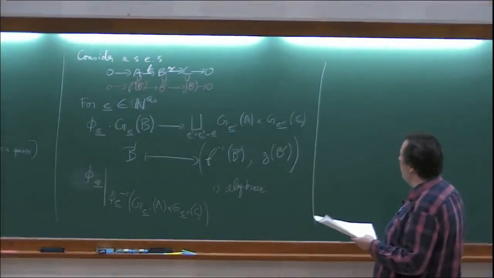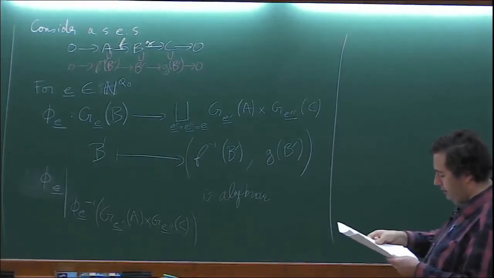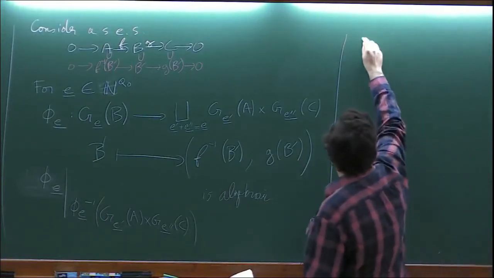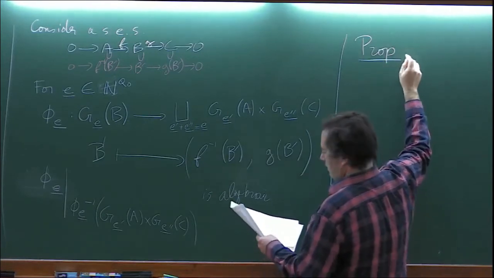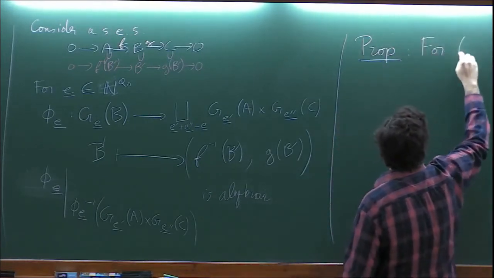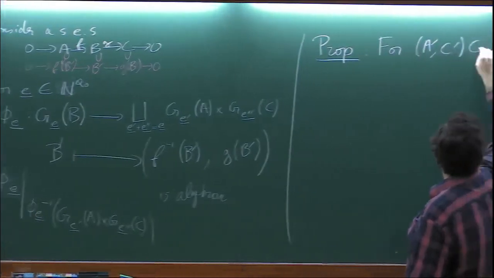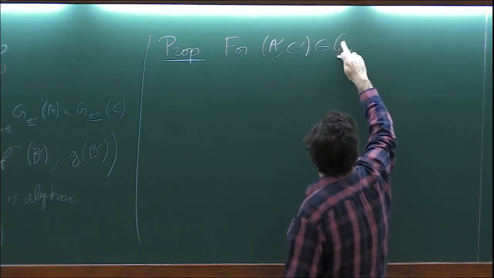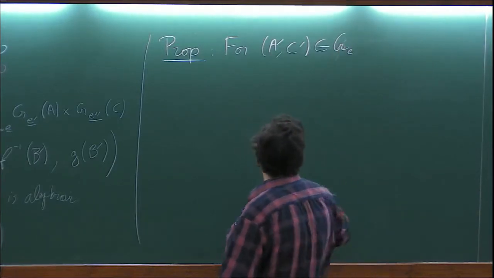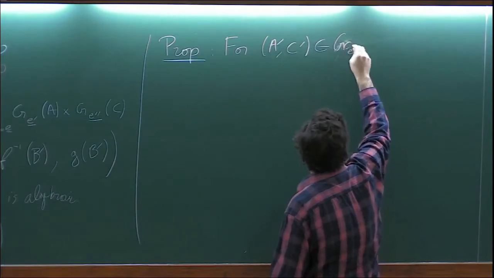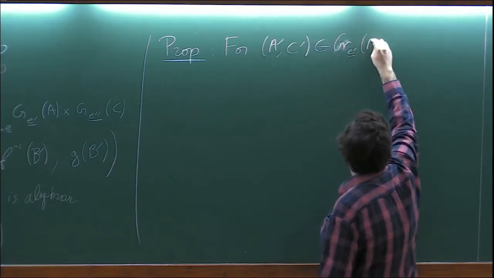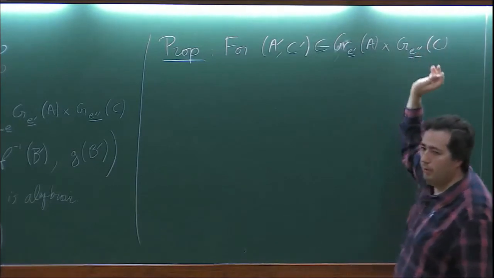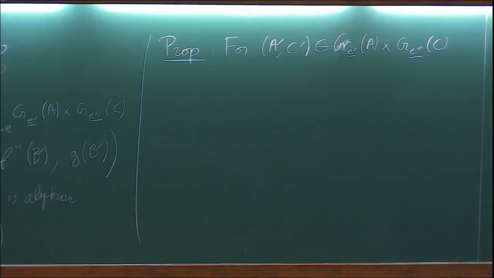Okay? So now I have this thing, and I want a first theorem or proposition, which will be the starting point of the story. Proposition. So if I take A prime, C prime in GR, this is my super GR, E prime of A cross GR, E prime prime of C, so I fix E prime and E prime prime in this thing. Then